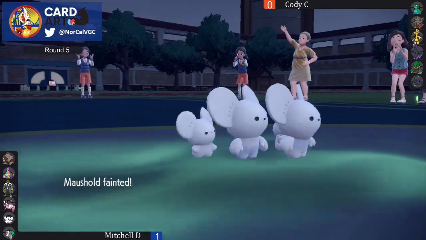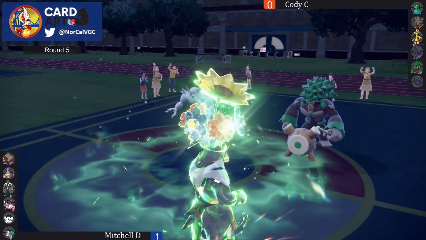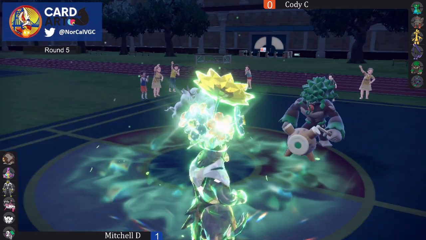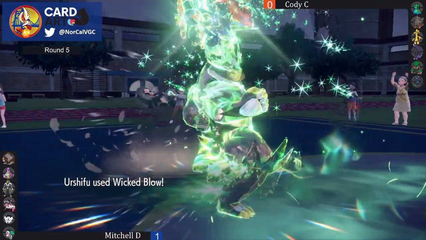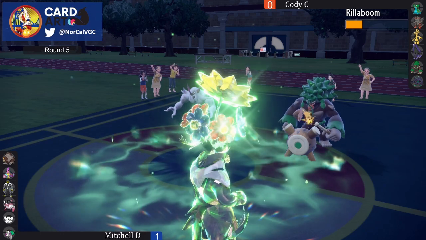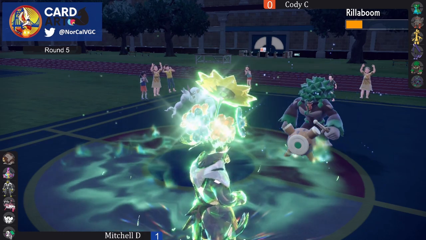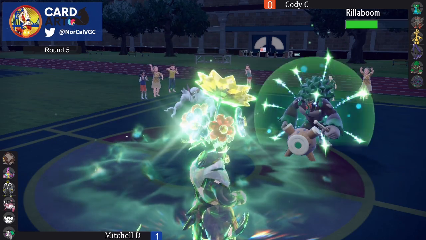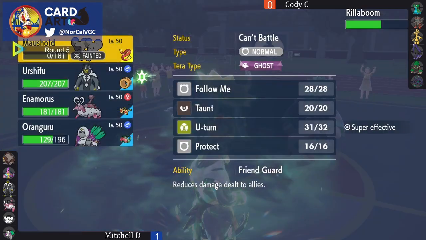Woodhammer is the biggest way that Cody has to damage that Urshifu. He's going to go into the Maushold instead. Pick up the 7 HP on that. Not too impactful. But again, this Terra Grass is more of insurance that Woodhammer would not cleanly KO. The Wicked Blow does a big chunk to that Rillaboom. It might be enough with Grassy Terrain and the Citrus Berry to survive one more. Yeah, in which case Urshifu,